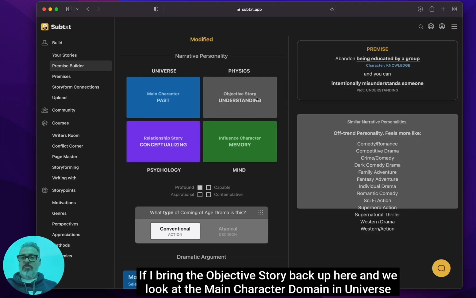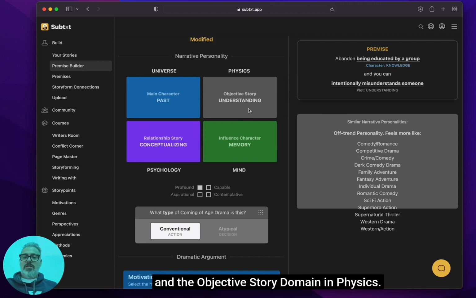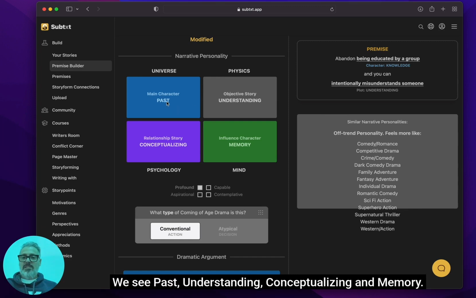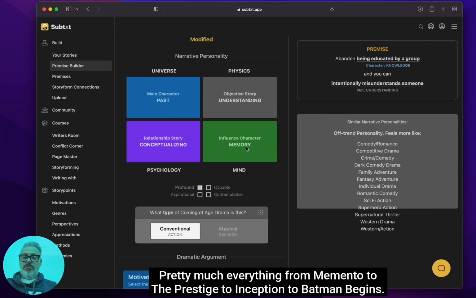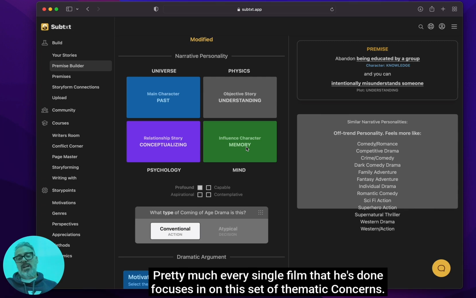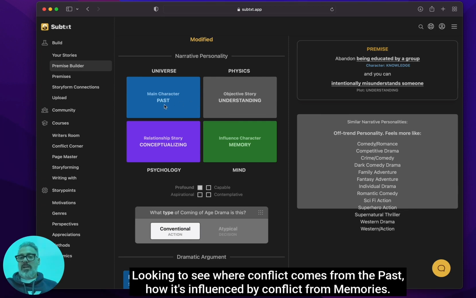If I bring the objective story back up here and we look at the main character, domain and universe, and the objective story, domain and physics, and then we look at the profound family, we see past, understanding, conceptualizing, and memory. Taken together, these four are the kind of thematic concerns that a director like Christopher Nolan likes to explore. Pretty much everything from Memento to The Prestige to Inception to Batman Begins, pretty much every single film that he's done focuses in on this set of thematic concerns, looking to see where conflict comes from the past,